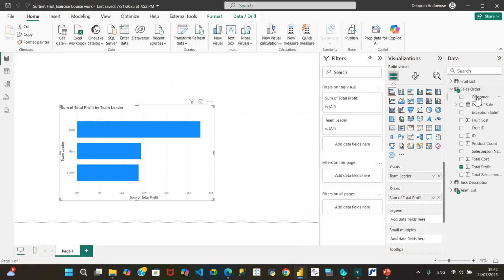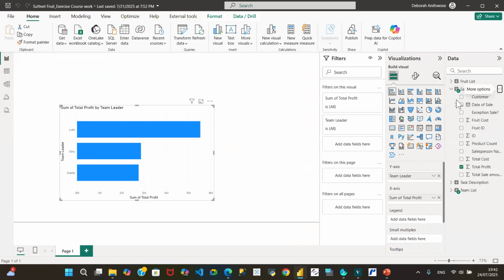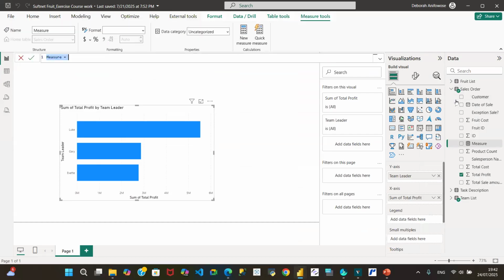Now, measures, they don't come on your table. They are just like floating calculations. So let's start. We'll create simple ones. I'll click on new measure. And all I want to do is just sum up all our total cost, total profits, total sales. So I'll say total cost